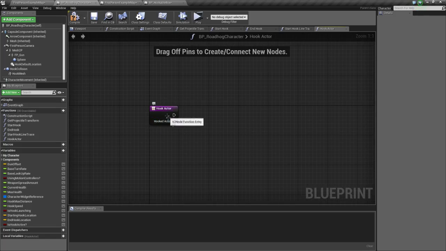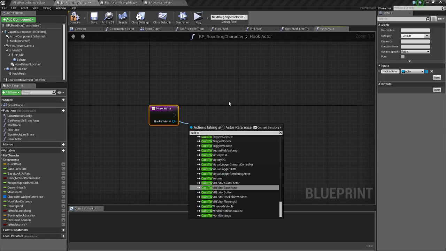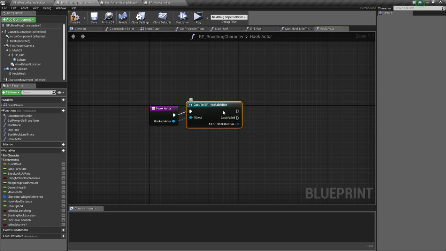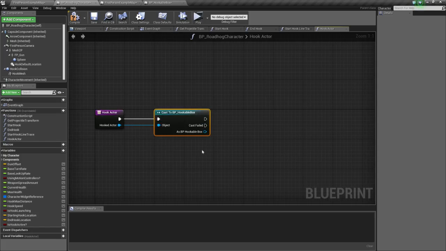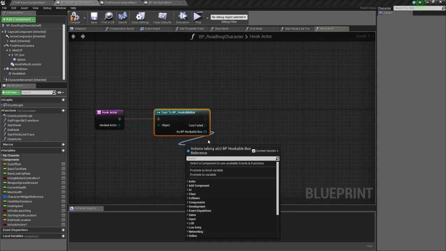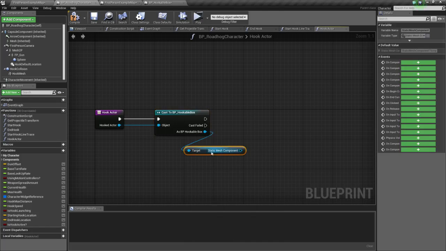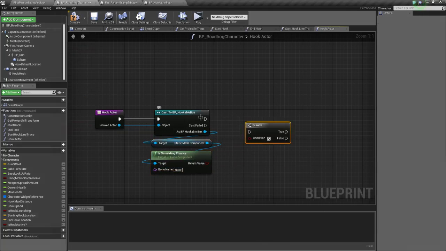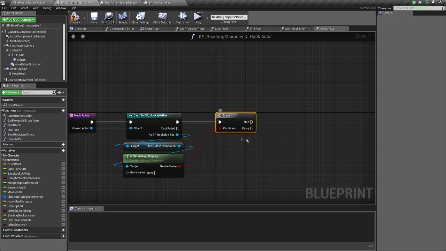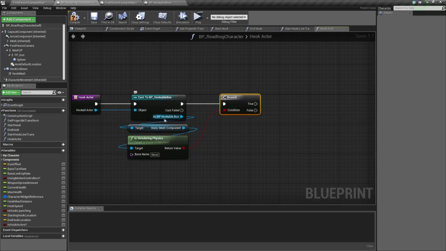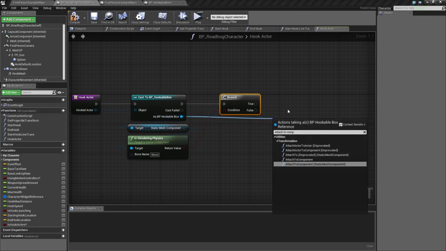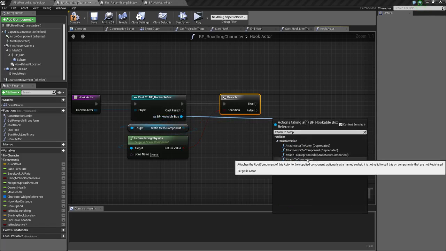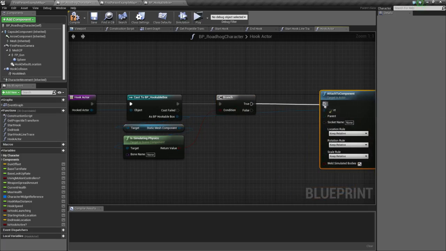Okay, so here when we call this function, we want to make sure if we cast to BP hookable box, if we hooked a box, or a player if you're doing a player, and if it's true, we want to get the mesh, get static mesh component. Yes. We want to make sure if it's simulating physics. So if it's simulating physics, we want to attach this to our component. So attach to component attaches the root actor of this actor to the supply component. Yes. So if that's true, we attach